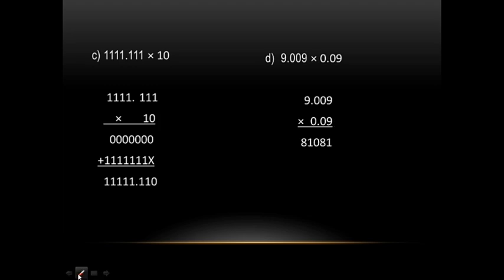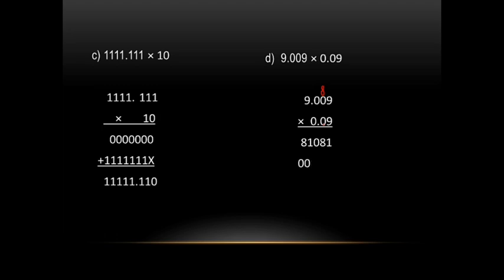So here when we are performing the multiplication, 9 into 9 will be 81. So here we will write 1 and give a carry of 8. Then 9 into 0 will be 0. Then 0 plus 8 is 8. Then 9 into 0 is 0. Then 9 into 9 is 81. Now we will write a cross here first